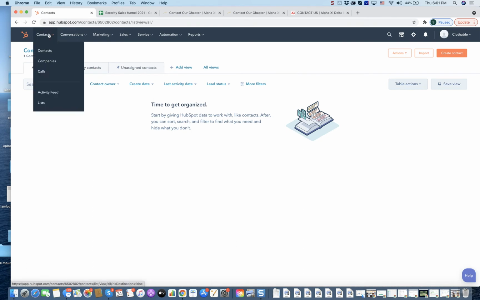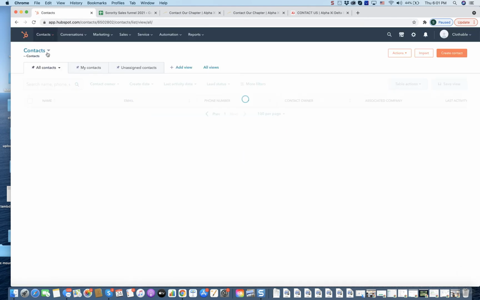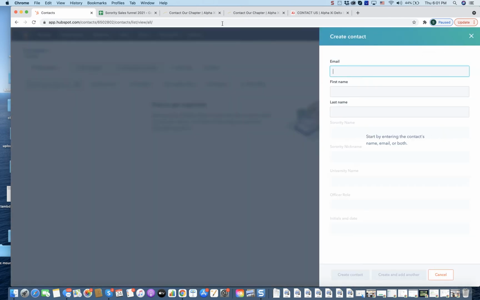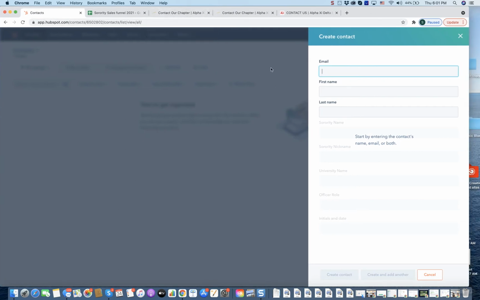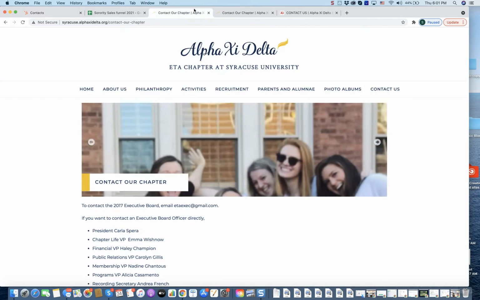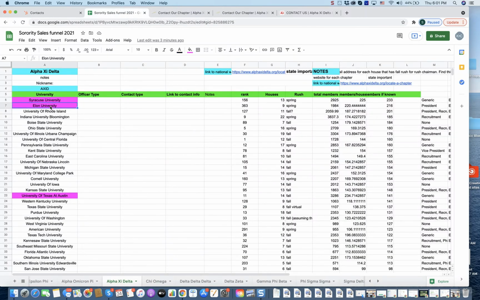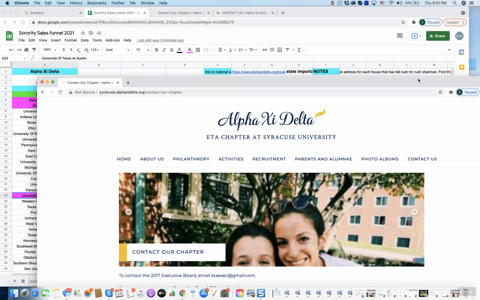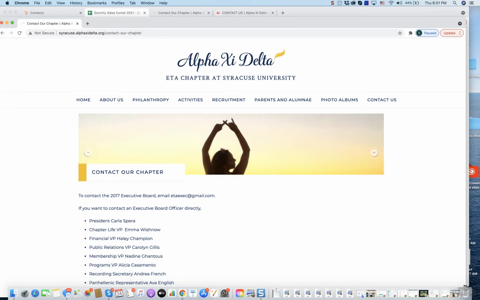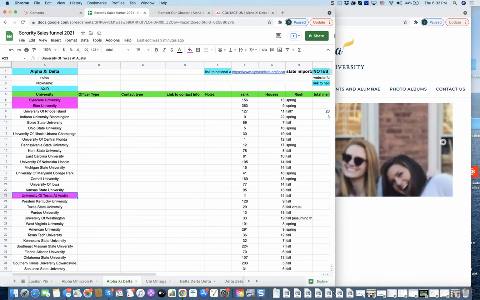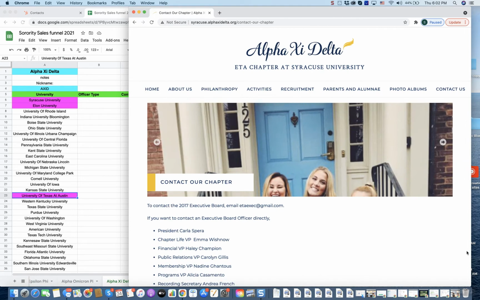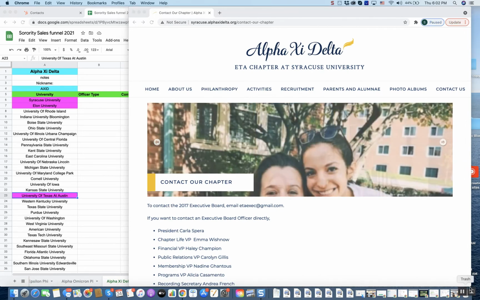So you're on Trello, you go to contacts, and you do create contact. A lot of times I do them on two separate screens. For example, I'm showing you Syracuse, Elon, and University of Texas. That's why I marked them orange. I think you'll find it easiest if you put it on two separate screens like this, or honestly, whatever you find works best. So let's see, for Alpha Z Delta at Syracuse,